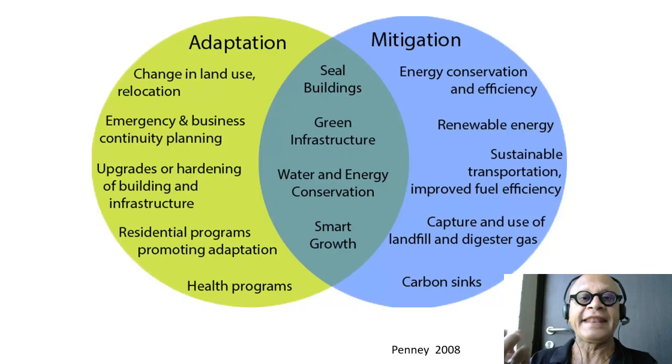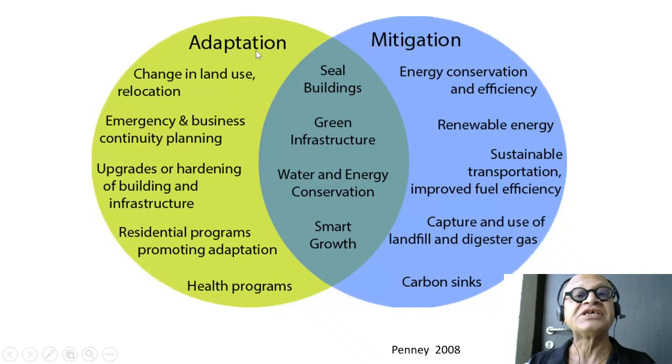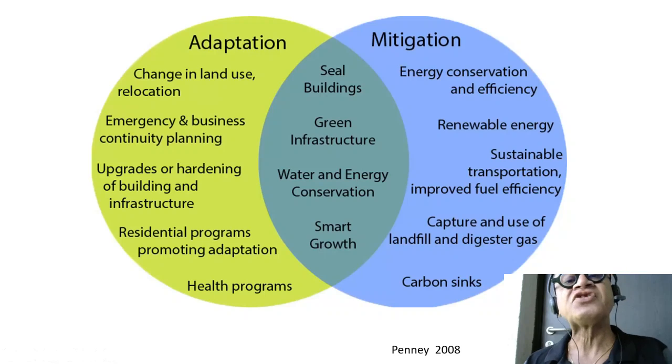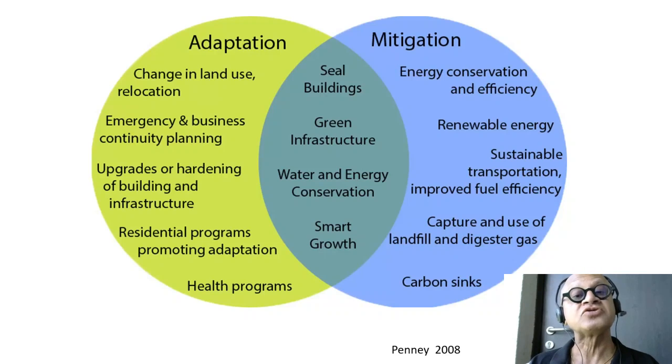One is called adaptation, where you say some change is happening already because of the carbon emissions thus far, so we better adapt to deal with the changes like the extreme rainfalls, droughts, hurricanes, cyclones, sea levels, etc. Okay, so that's kind of managing the unavoidable things that are already here. The other is mitigation, where we try to actually reduce our impact on further climate change, and also what we have already done. So these two obviously are not completely independent of each other.